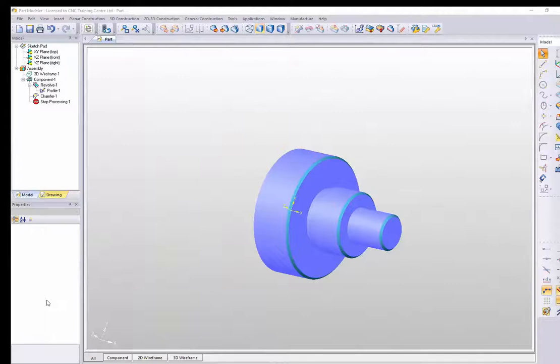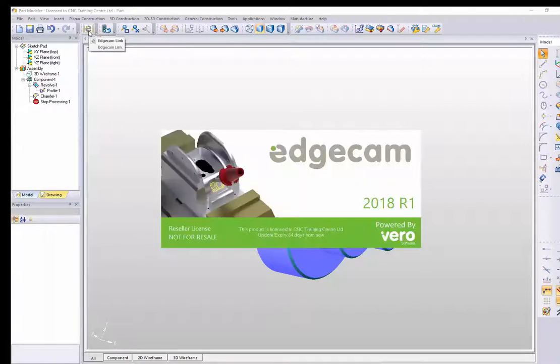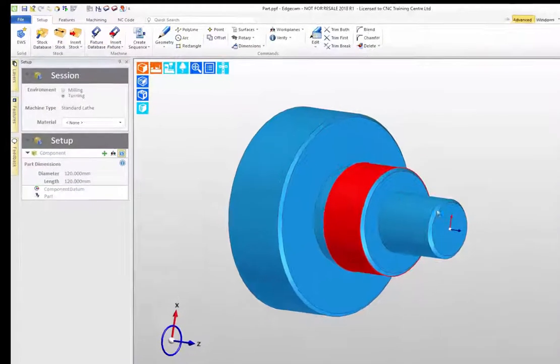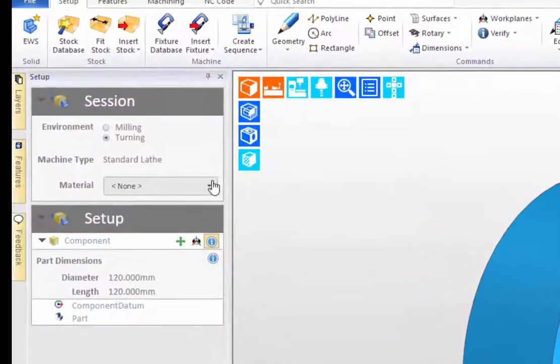So now we're going to move on into Edgecam. We can use either the EWS model, in which case we'd already be in Edgecam, or we can use this part modeler file. First thing it would do is ask us to save it, but if it's already saved then it won't. This is the Edgecam link, so it's going to take me straight through to Edgecam. It opens up Edgecam with this model in it. It should open in a turning session because it knows that this is a turn part, recognises it, puts the datum in the correct place. Select a material